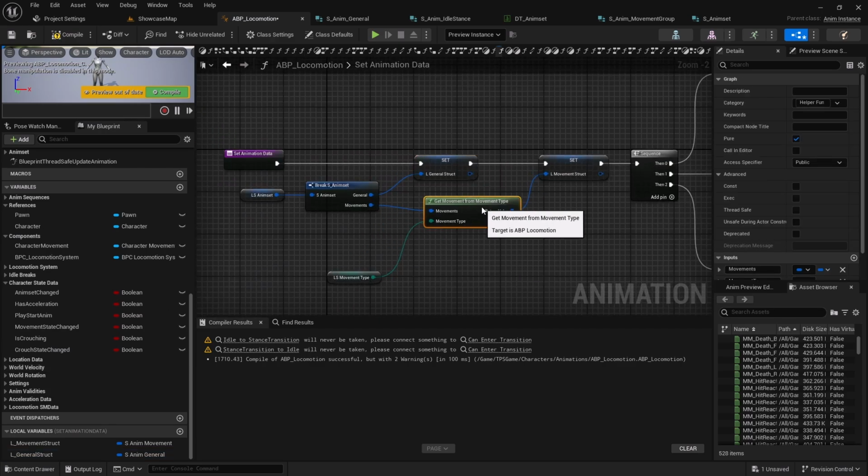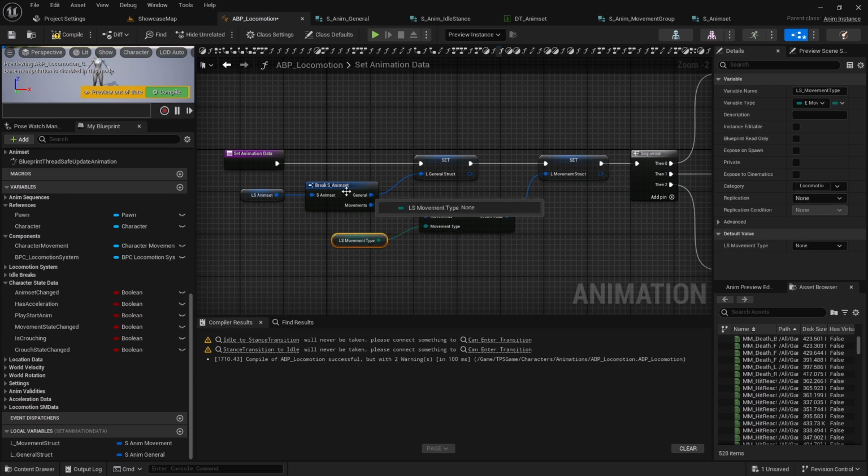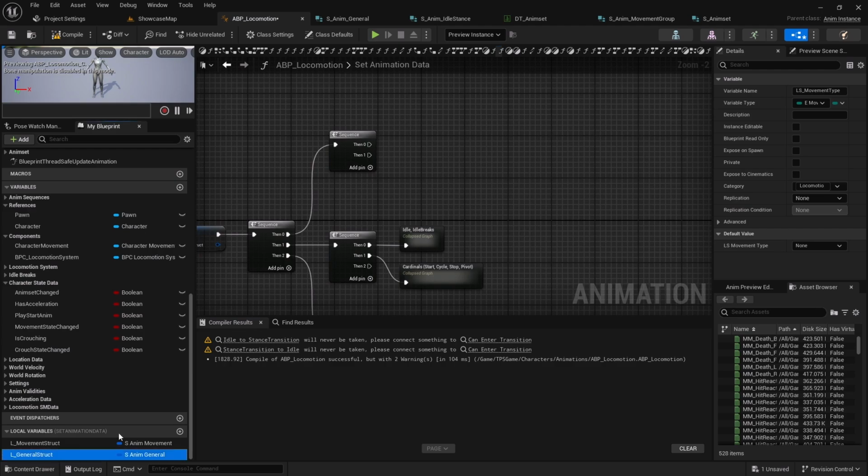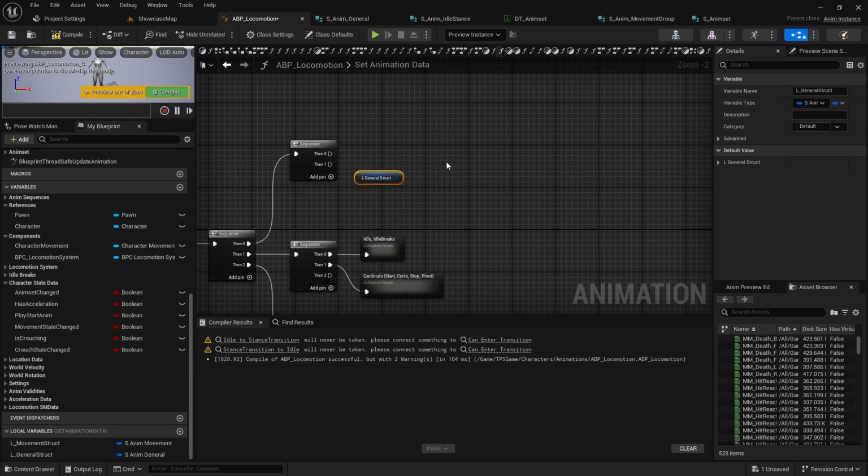So those two are stored here, and then let's use that general struct here,